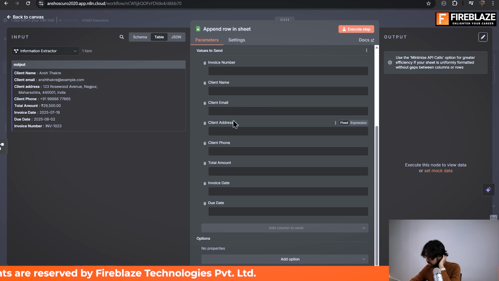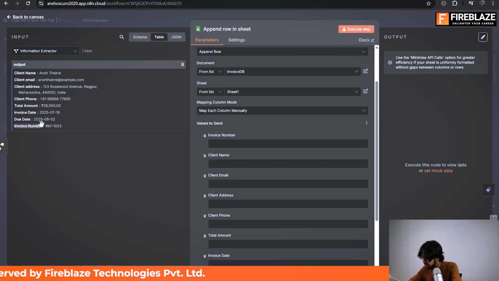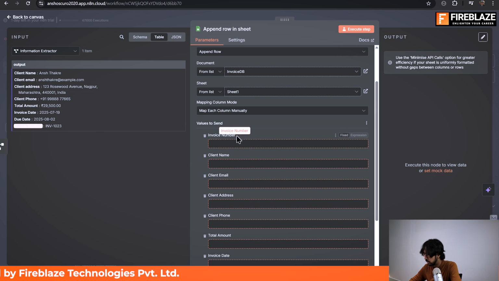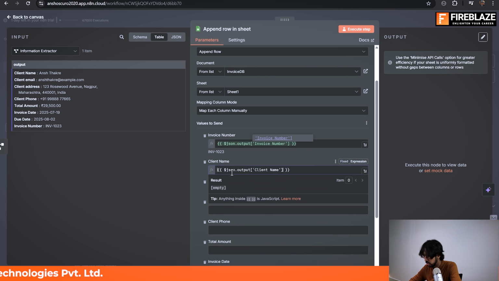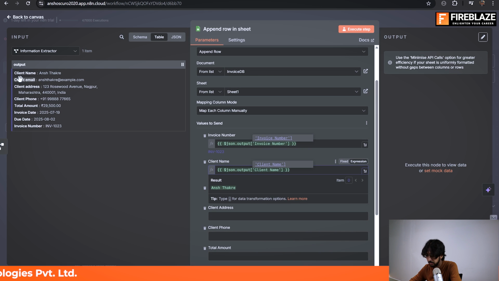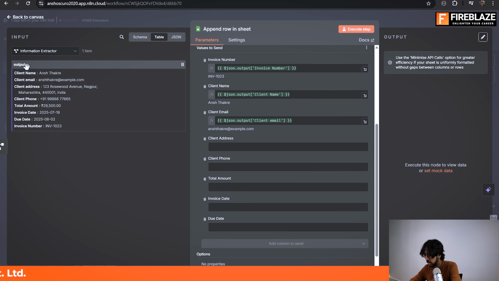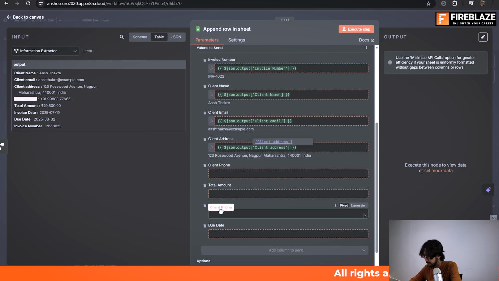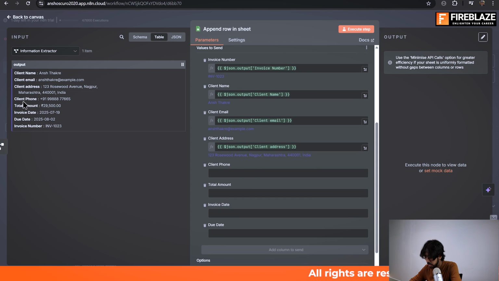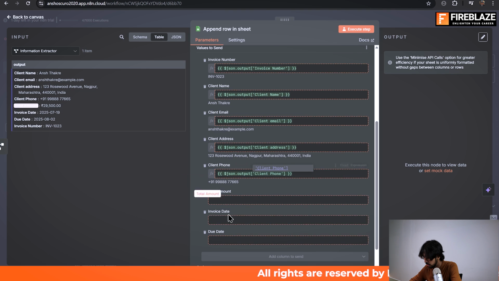So it autofills all the columns that we need to be filled again. So let's drag and drop each of the details to their respective columns. Client name from top, then client email, then we have client address, client phone,